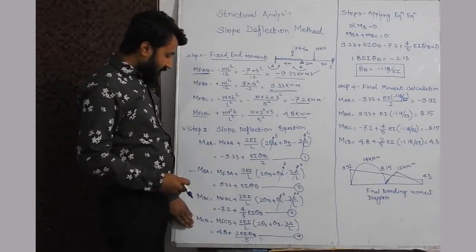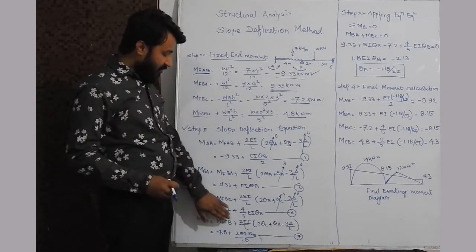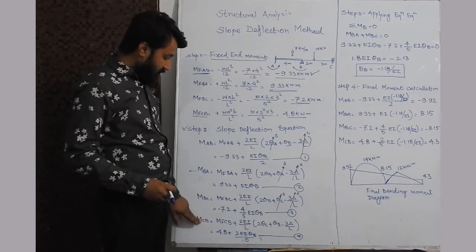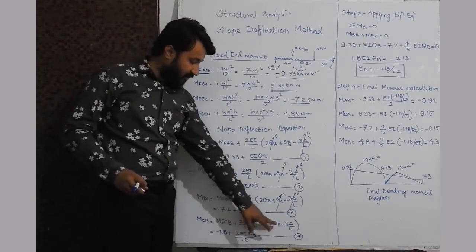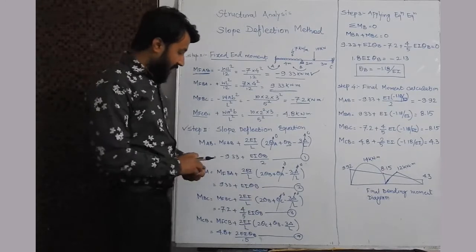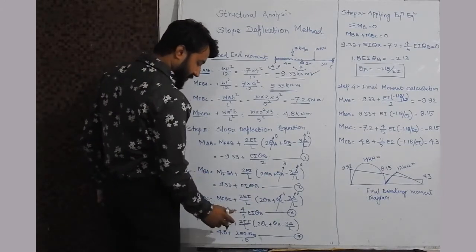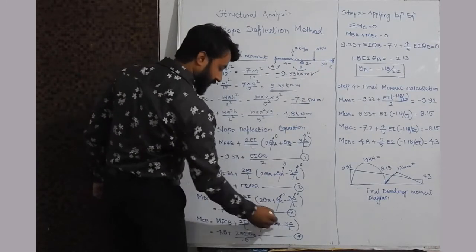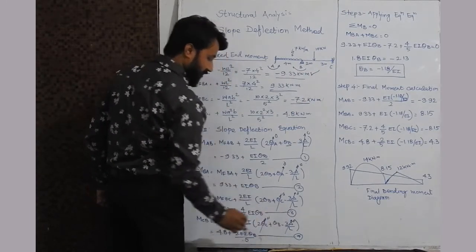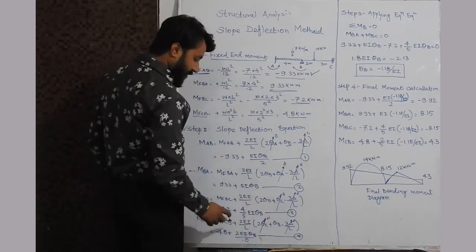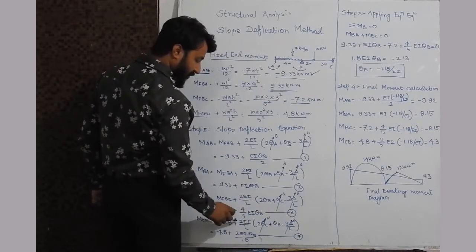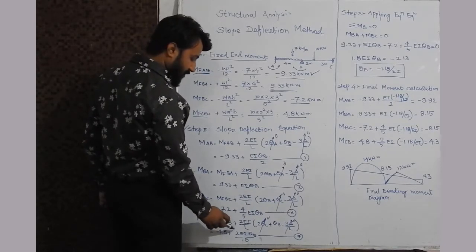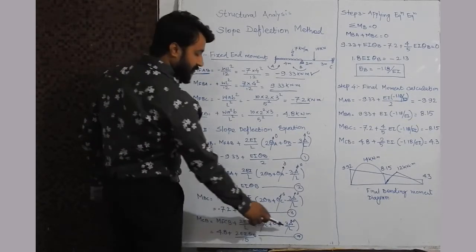Now similarly we will solve MCB. So this MCB is MFCB plus 2EI by L. Here C is the near end, B is the far end. So 2 theta C will be there plus theta B will be single, minus 3 del by L. In this case also you can see theta C will be 0 as this is a fixed one and this value will also be 0. So only theta B will remain. So this will be 2 into theta B EI divided by 5. So the equation will be equal to 4.8 plus 2EI theta B by 5. This will be equation number 4.